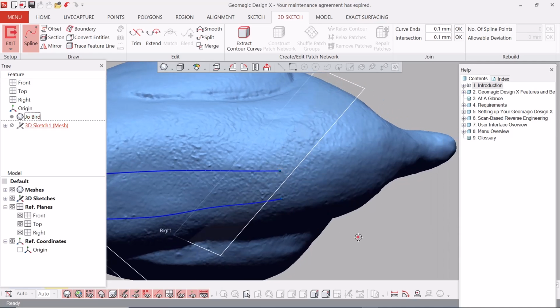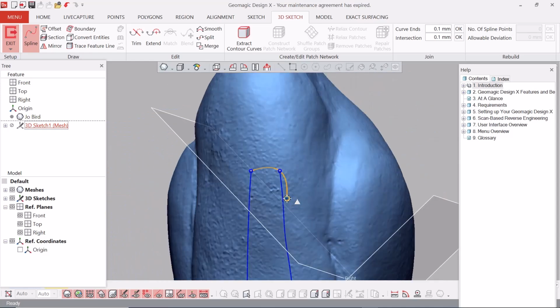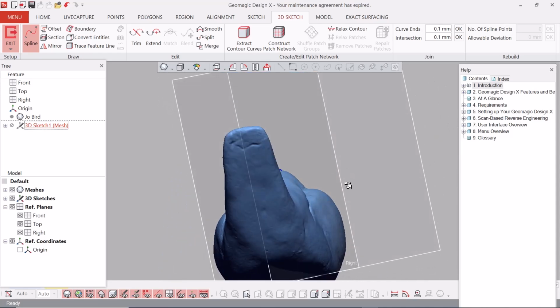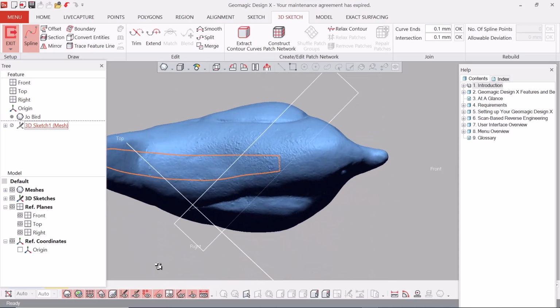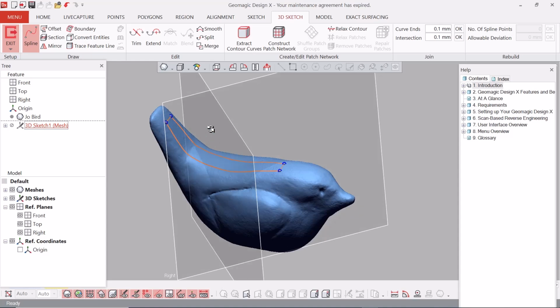And right click. Okay. Again sketch from this point to this and right click. Okay. I sketch this on the mesh body. Now you can see. Now I will create